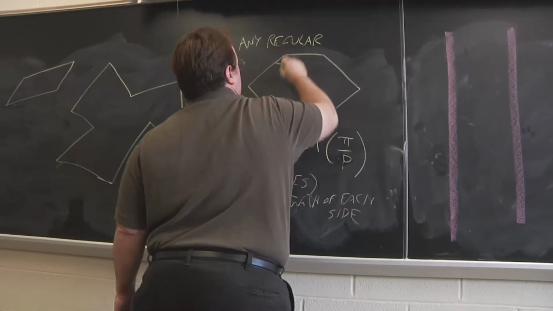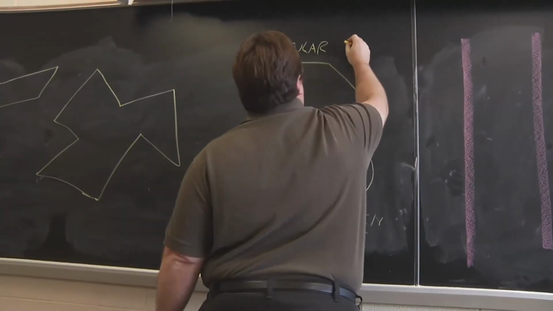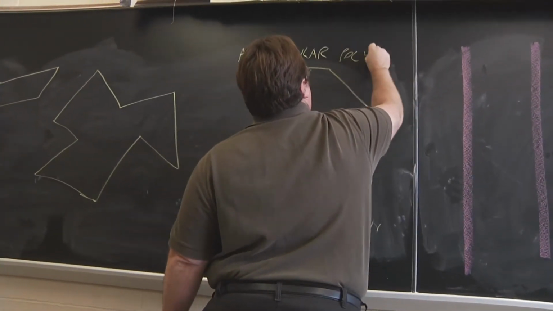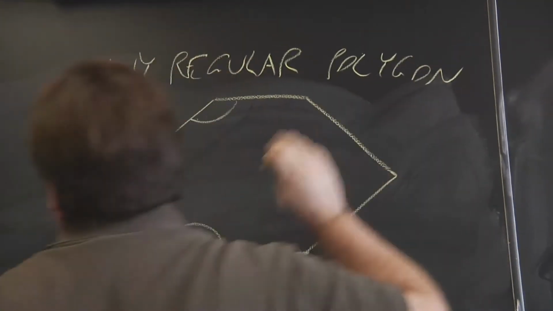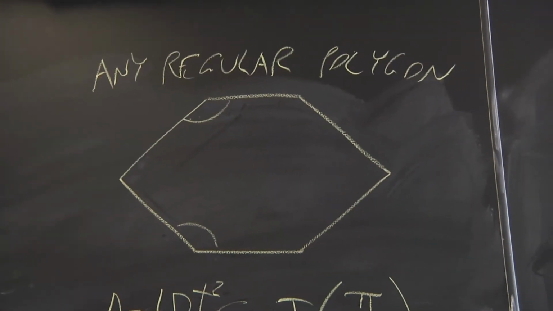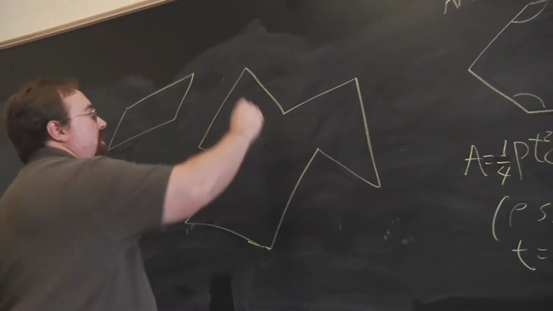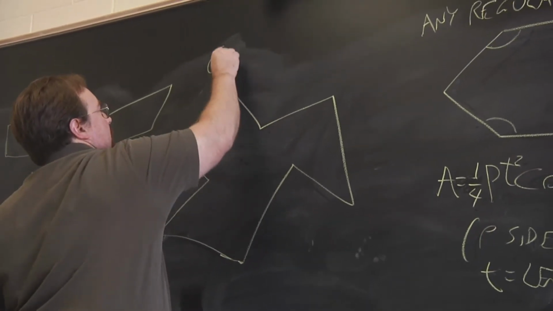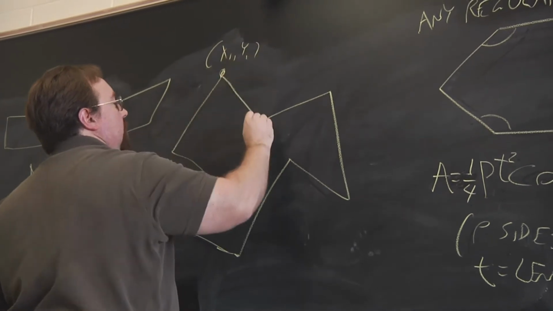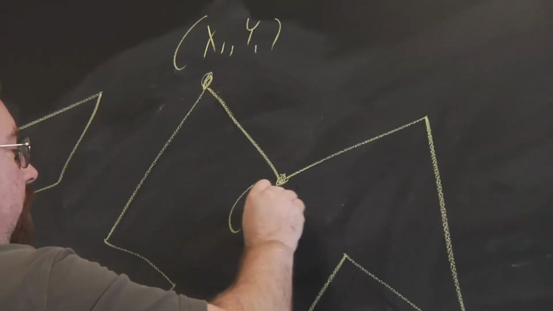All of the internal angles are the same. For any of these, you don't need calculus to find the area, except for something really crazy like this. So if you're given the locations of the vertices,